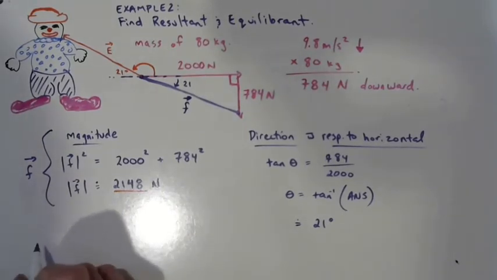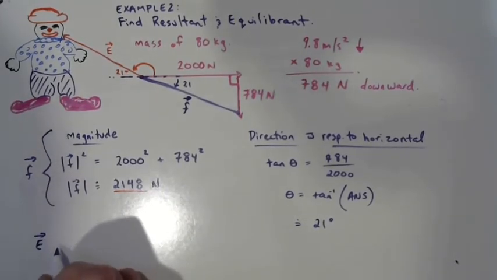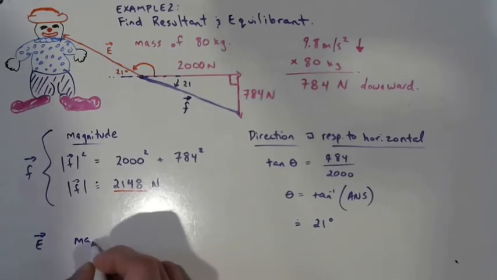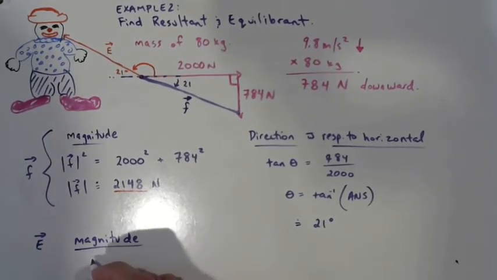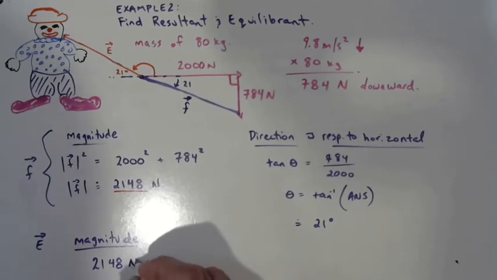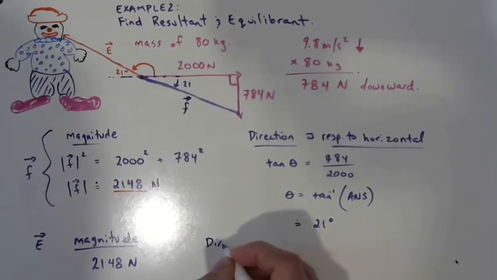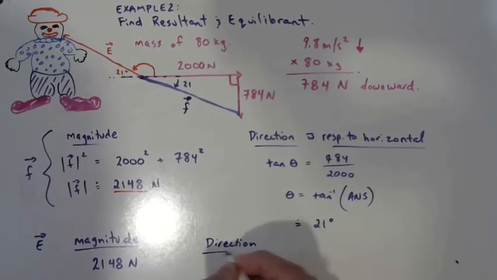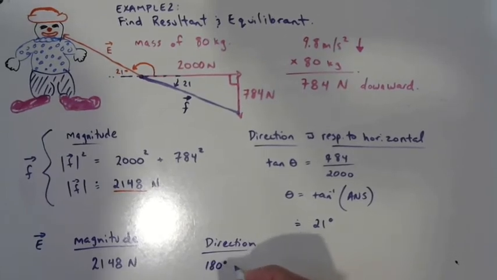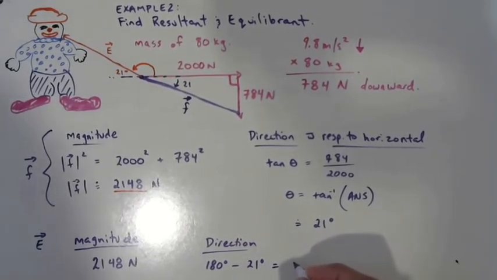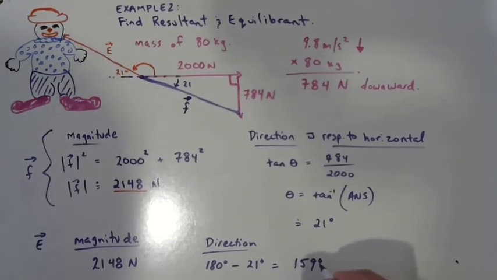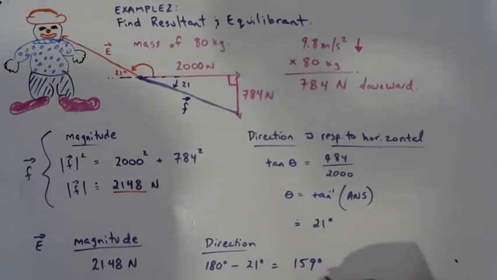And now for E, the magnitude is going to be the same as the resultant, 2148 newtons. The direction is going to be 180 degrees minus 21 degrees, which equals 159 degrees,